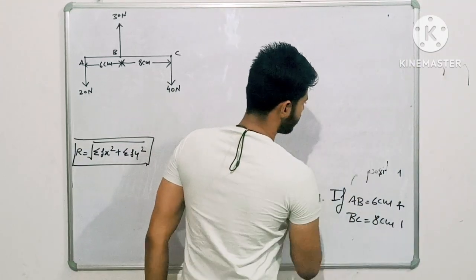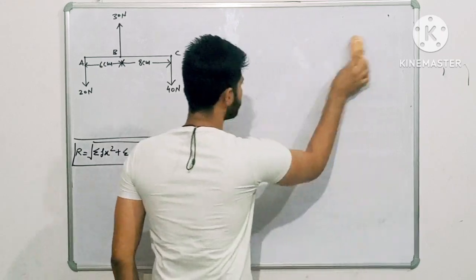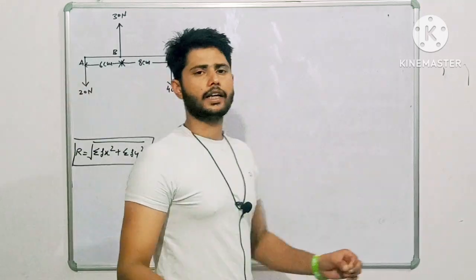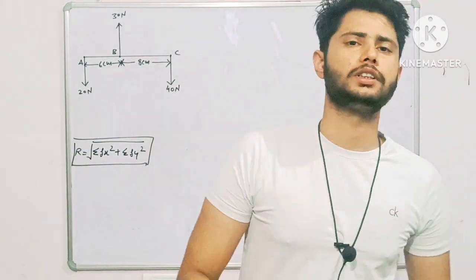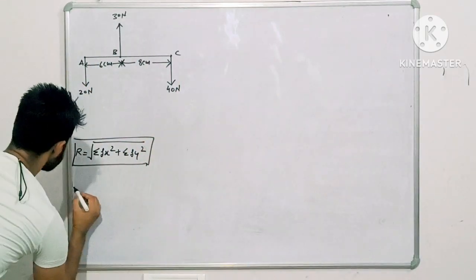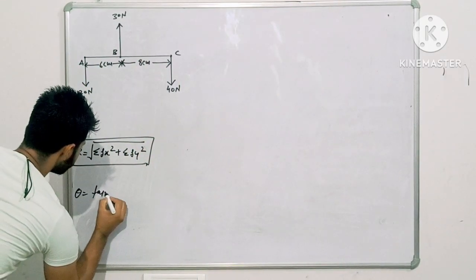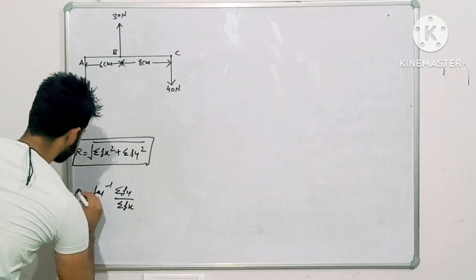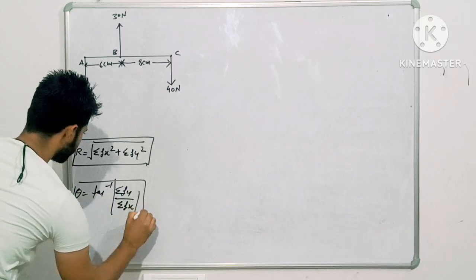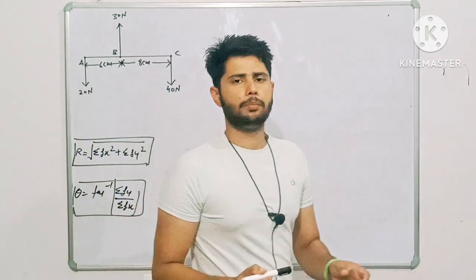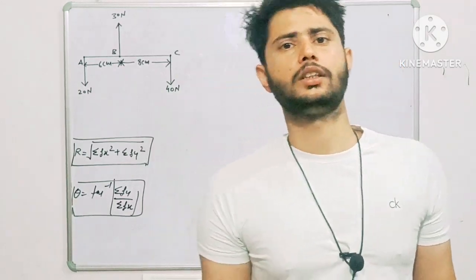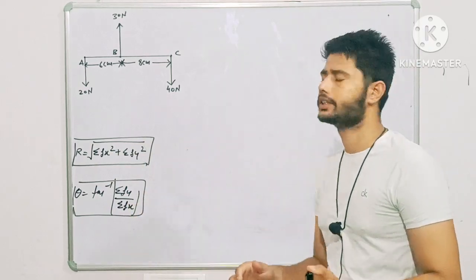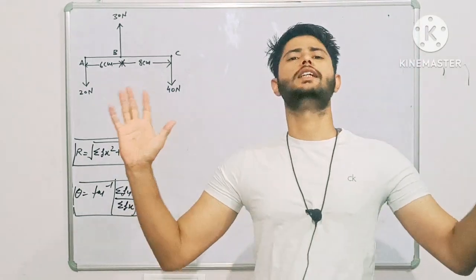So we have made the diagram already on the basis of this problem. Next, we have a direct formula to find the direction of the resultant force. I am writing this: theta is equal to tan inverse of the summation of Fy divided by the summation of Fx. But we do not have a formula for position here. We have to use Varignon's theorem to find the position of the resultant force. First, we have to find the resultant.